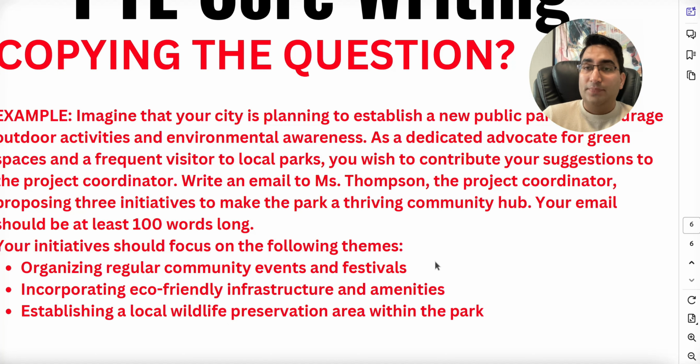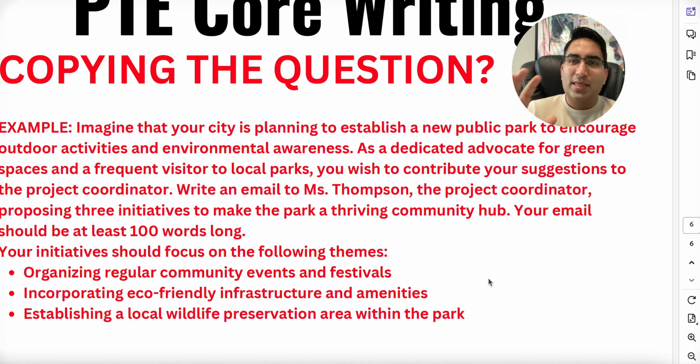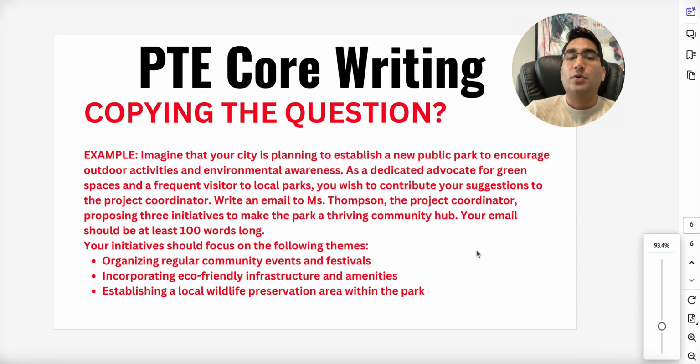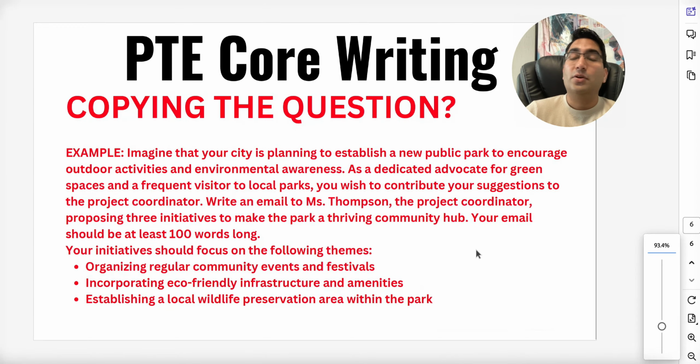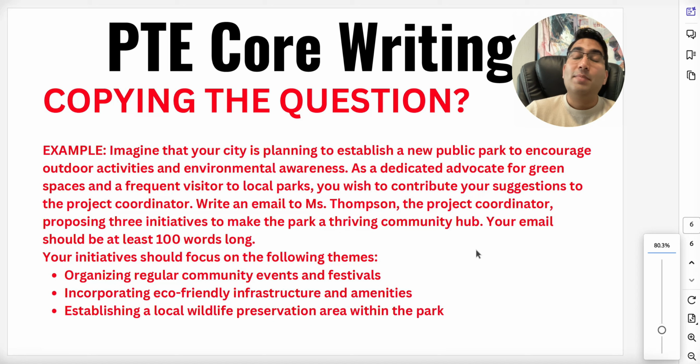When I answer this, I have to use my own wordings. I cannot copy this word to word. The problem with paraphrasing or using your own words is if you use words or phrases that are too distinct from what is written here, the AI might think you're not answering the question. The AI might penalize you on your task response, saying you're answering something completely different, while in reality, that's not the case. Now, how do you avoid it? Well,